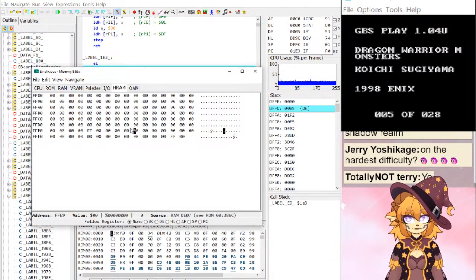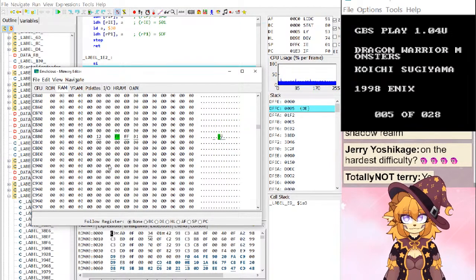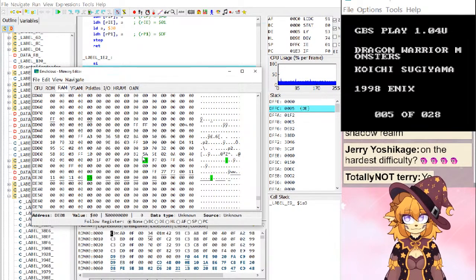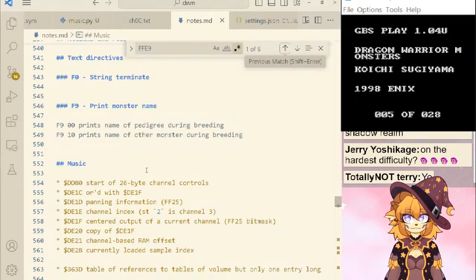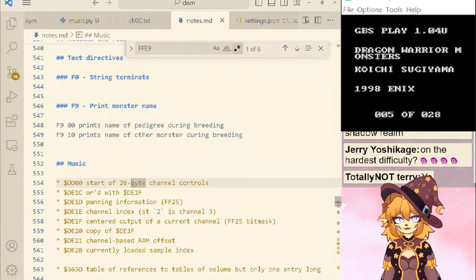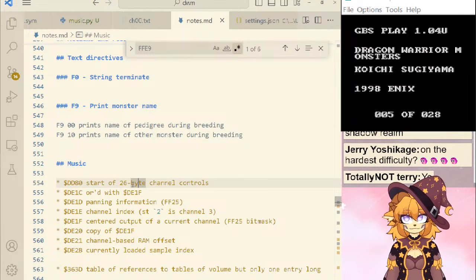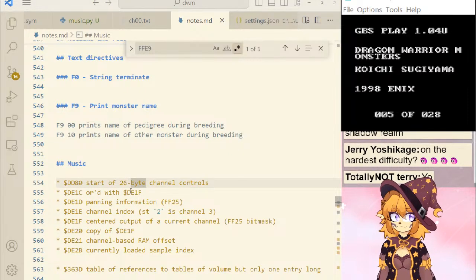Okay. Source MD07. Okay, I don't exactly remember this layout offhand. It's been a while since we looked at it. I think I have it somewhere. Start of 26 byte channel controls. So it starts at DD80. And they're 26 bytes. So that's